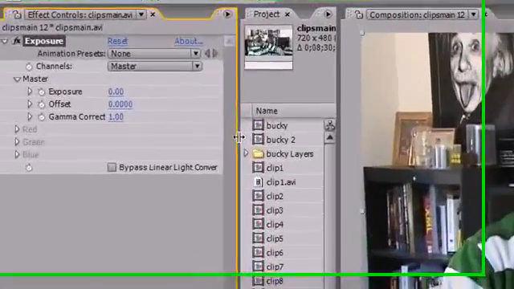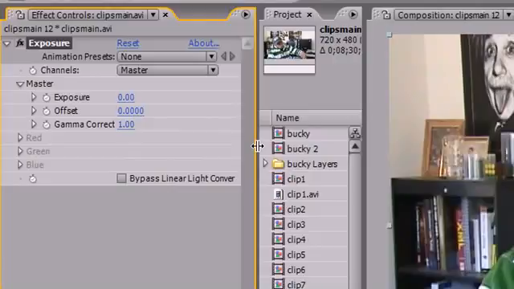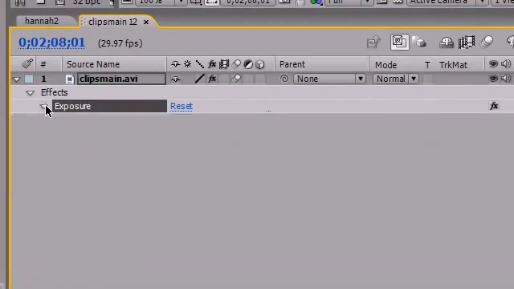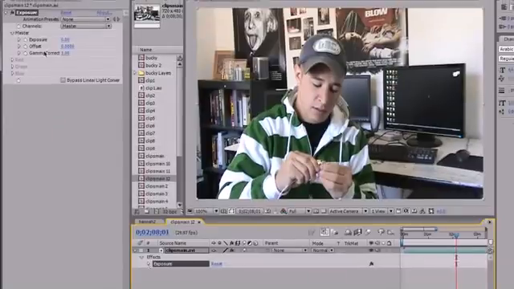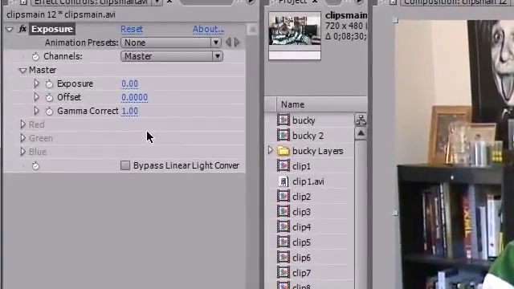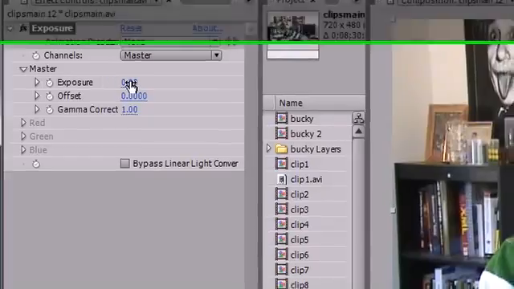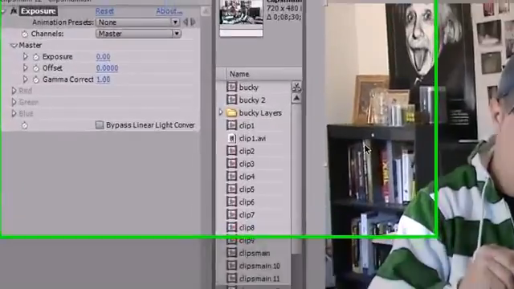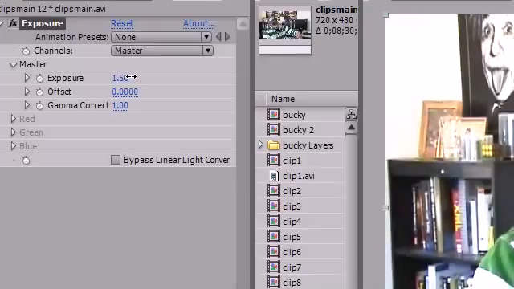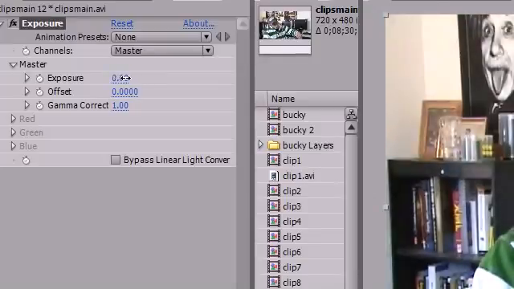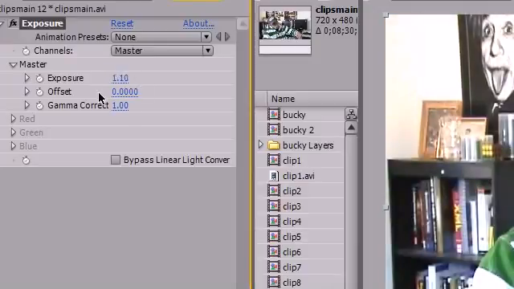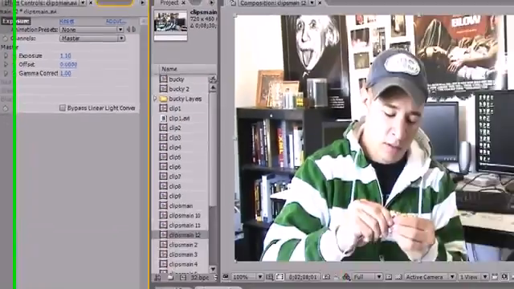Now this brings me to another thing. Anytime you apply an effect to an image, you get this mini effects control panel. You also have settings under your effect right here, but it's usually easier to manipulate them in this control panel. Anytime you apply an effect, every single one has little presets, and this is how you change the effect. For example, we have the exposure effect applied to this, and exposure has a bunch of different settings. Anytime you want to adjust any of these settings, all of them are in here, and they aren't always scroll bars. Some of them have little graphs, and some of them have different stuff. For example, if you search